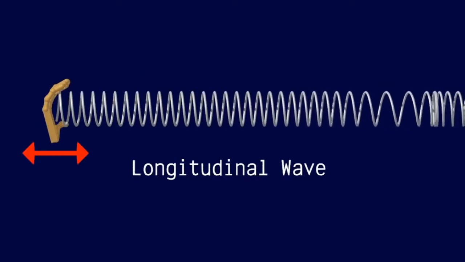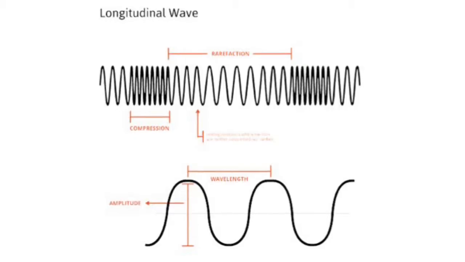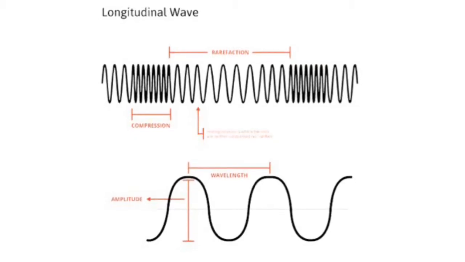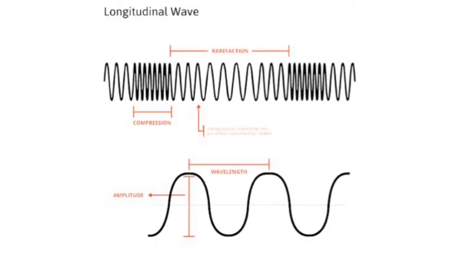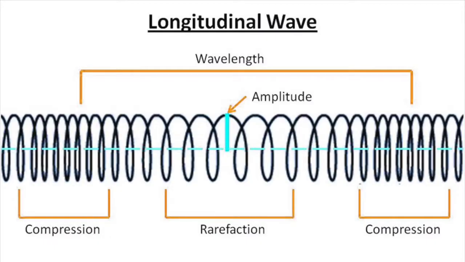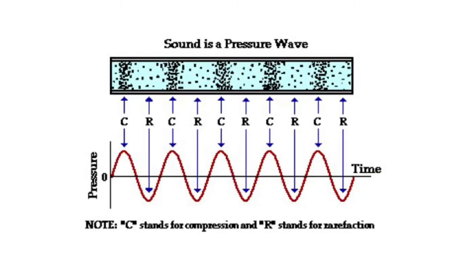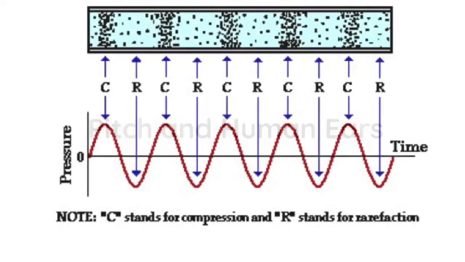Normally, the wavelength is calculated from a wave's crest to the next crest. Since longitudinal waves do not contain any crests or troughs, the wavelength is calculated from one compression to the adjacent compression. Since sound waves consist of high and low pressures, they are sometimes called pressure waves. The peak point of the wave is a high pressure, and the low point is a low pressure. Sound waves have repeating patterns, and a pressure versus time plot will appear as a sine curve. This shouldn't be mixed up with transverse waves.